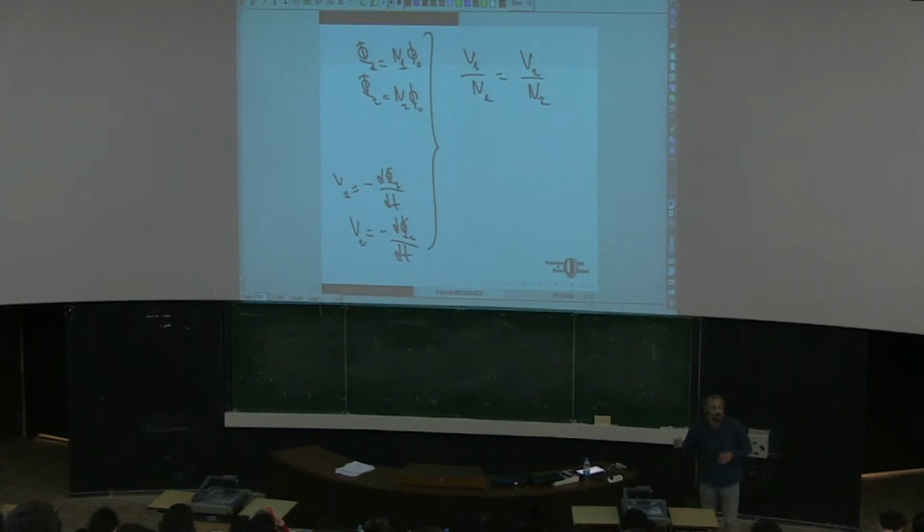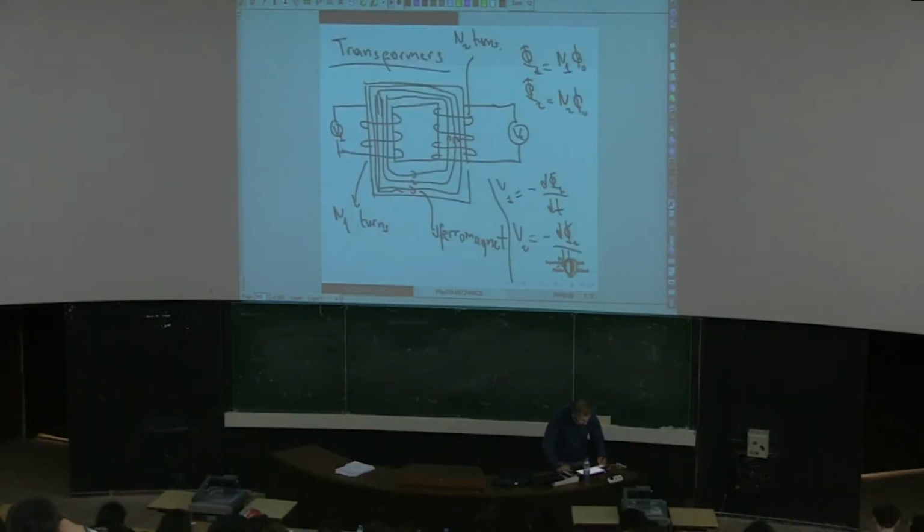Now, what is the point? Well, one thing is, if you remember, the power dissipated through a resistor is I squared times R. So, for example, if you want to carry some electric power through long distances, you would rather have a small current in your system. But if you want to have a small current in your system, what you do over here is, of course, you are increasing V, but you are not gaining energy. So if you are creating a current I1 over here, and another current I2 over here,